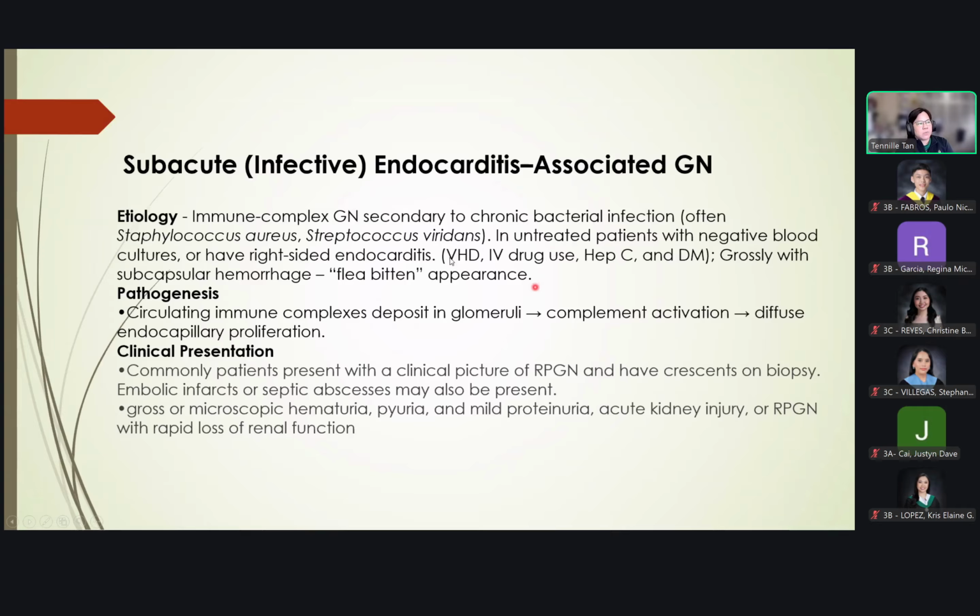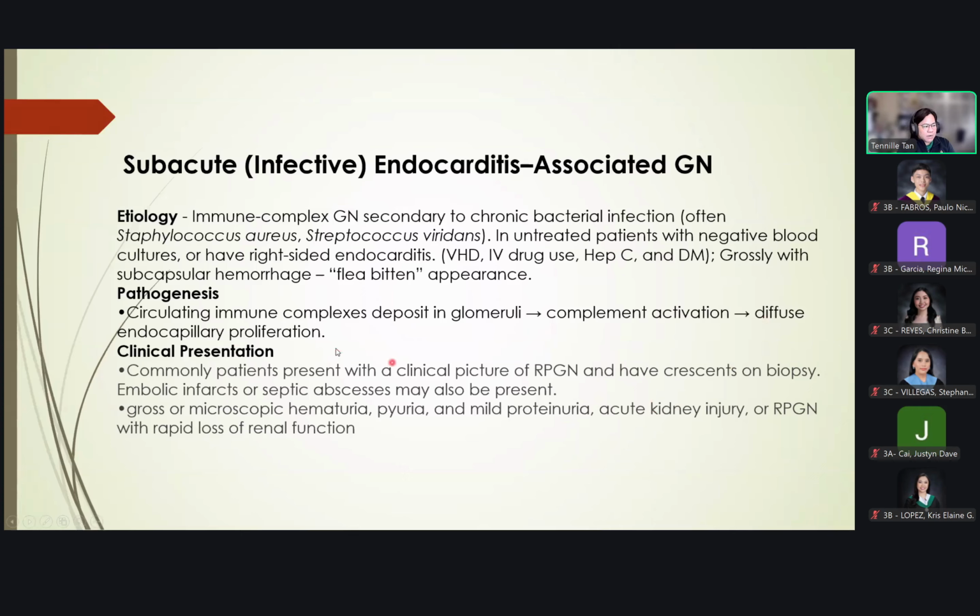So risk factors would include patients with valvular heart disease, previous IV drug use, patients with hepatitis C, and those who are diabetic. So patients, if you look at their kidneys grossly, they will have subcapsular hemorrhages, or what they call a flea-bitten appearance of the kidney. So pathogenesis, usually you have circulating immune complexes that deposit in the glomeruli, leading to your complement activation and eventually